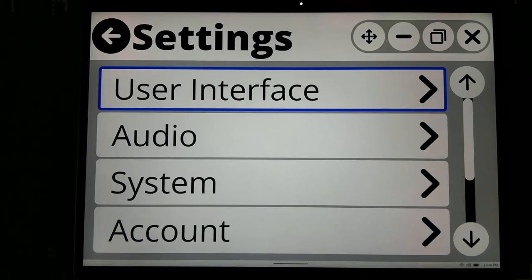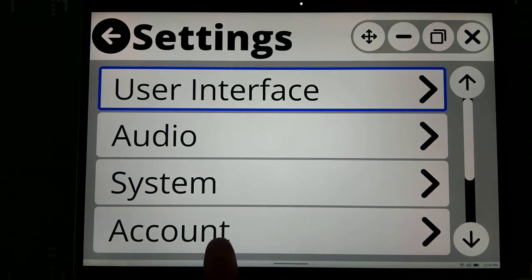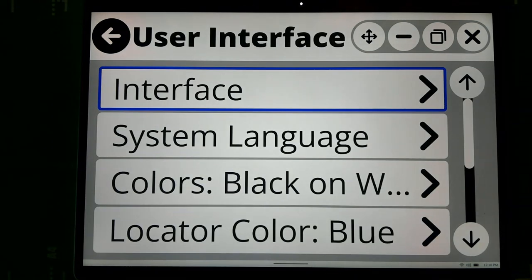Now let's say that I was doing this. Basically, what happens in alternative access mode is it doesn't matter where I tap in the area down here, it's going to activate where the locator is. So if I tap on system right now, it's going to open up the interface menu. So this is truly meant for someone that's using alternative access or perhaps arrows on a keyboard to interface with the software so they can arrow to what they want, see the locator, hear it, and